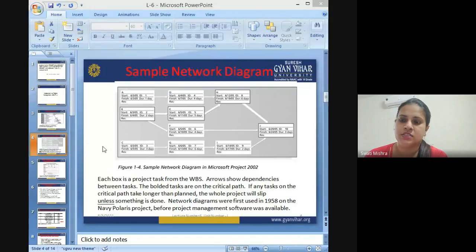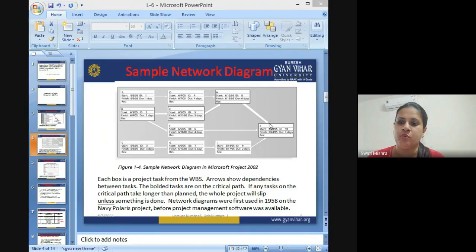right? Similarly, after D and E are both completed, you start the activity H. And that is why the arrows from D and E are moving to H. Now, I hope you can see that after activity F, the last activity J is starting. J actually starts after activity H, F, and I are completed. Okay, so this is how the network diagram looks.